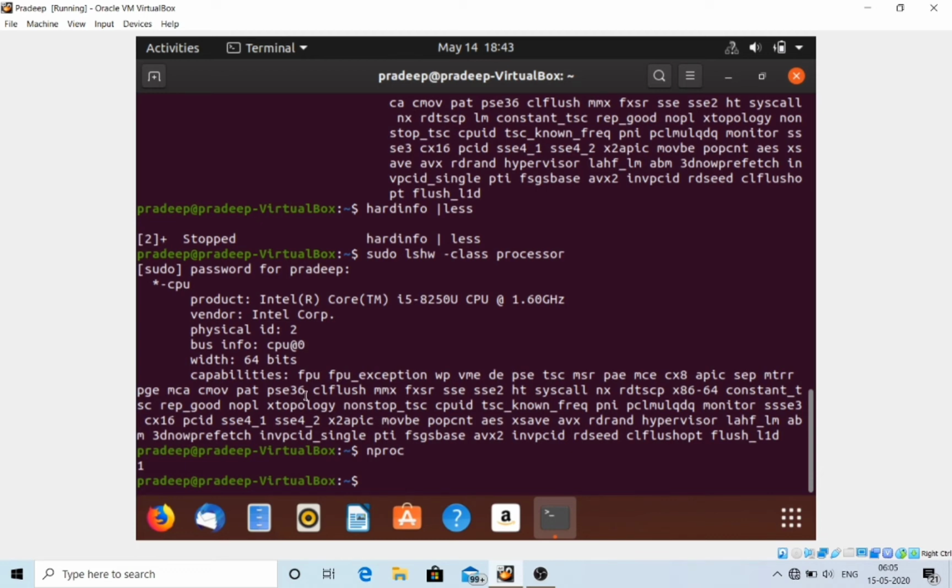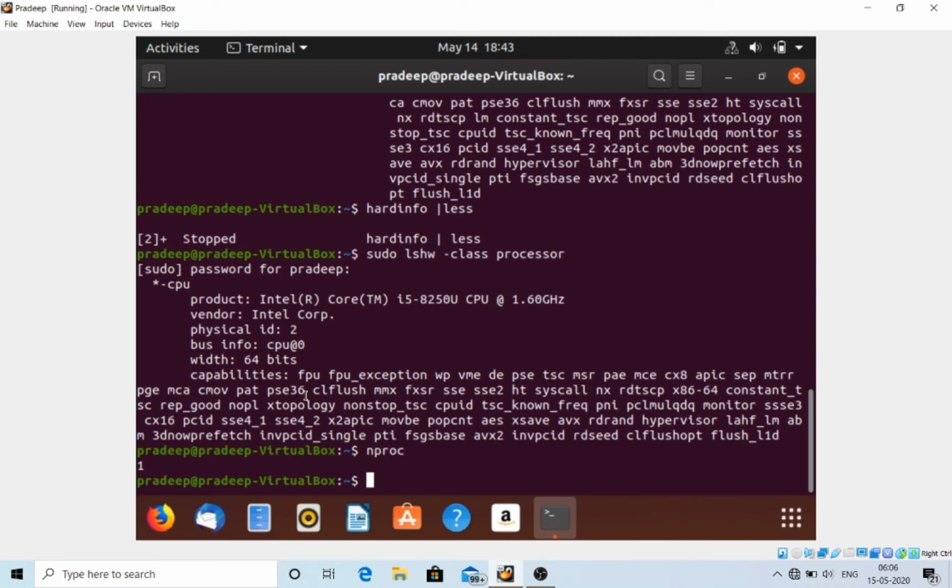The next command is very important and very useful. The name of the command is dmidecode. This command displays some information about the CPU, which includes the socket type, vendor name, and various flags.